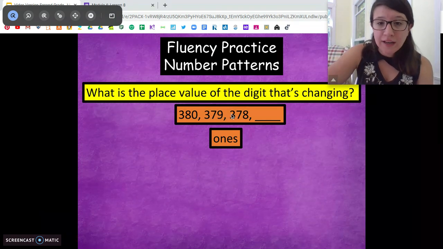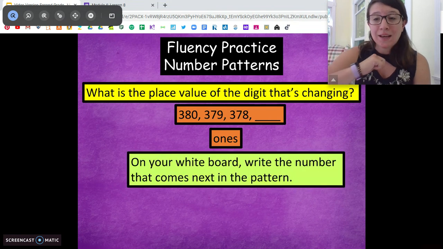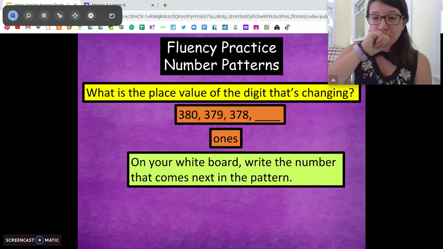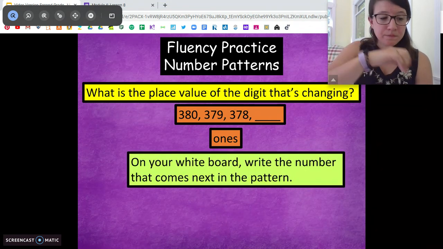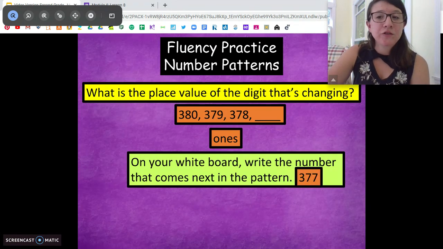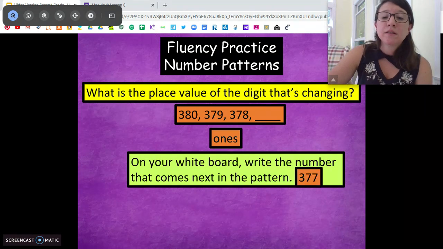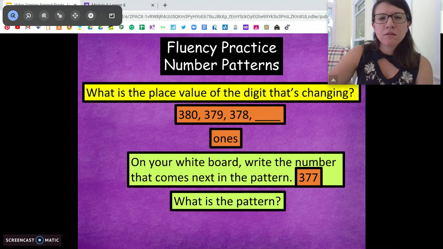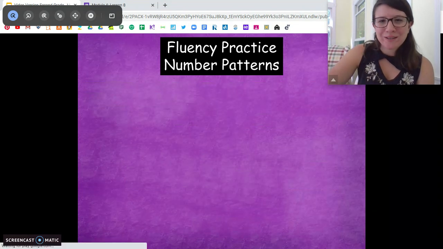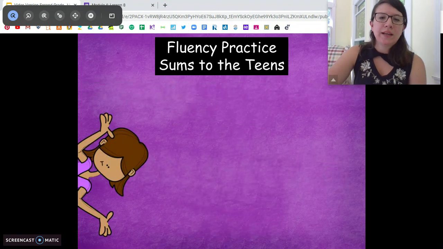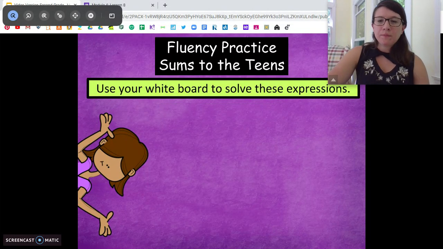380, 379, 378. Write down the next number in this pattern. It'd be 377, changing the ones place. And what's the pattern? Subtracting 1. Very good. All right, we're going to skip this one because I want to get into our next